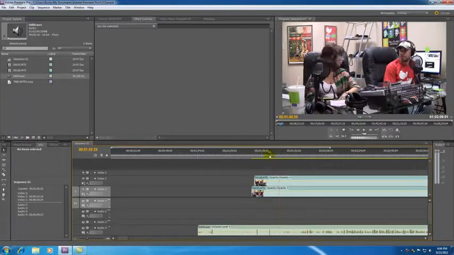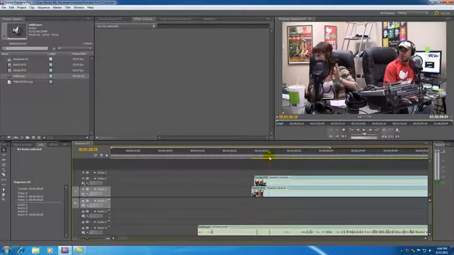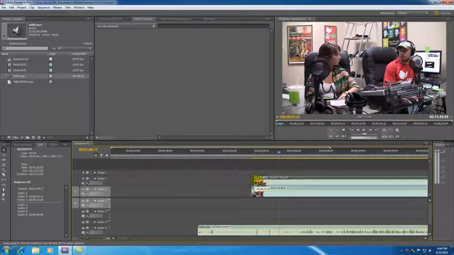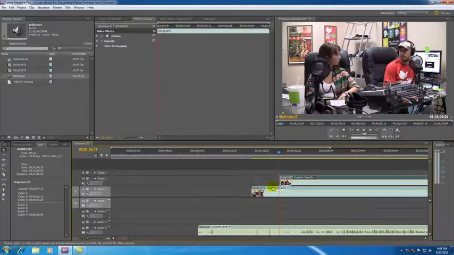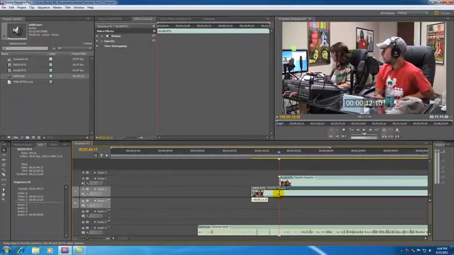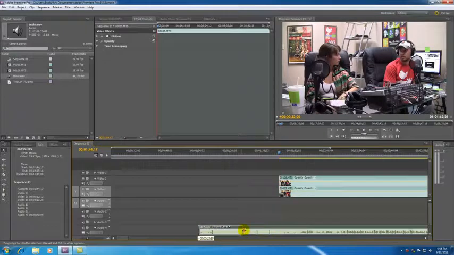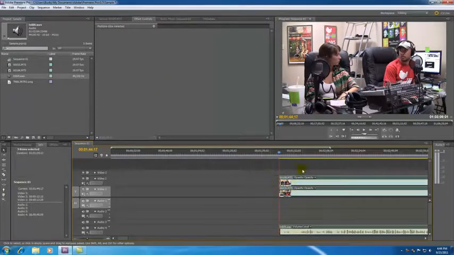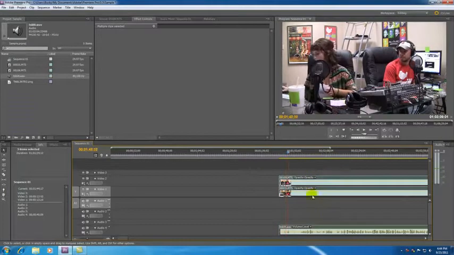Now what we want to do is make sure not to move any of these because everything is synced up. So what you can do is go ahead to a certain point of time and turn snapback on. And now go ahead and move everything to that current time indicator. And now everything is synced up at this very same point in time. So now I'm going to go ahead and hit play, and both video clips and audio clips, everything is synced